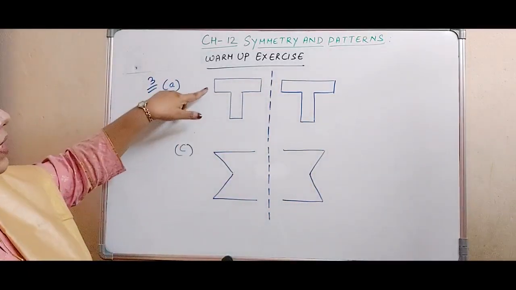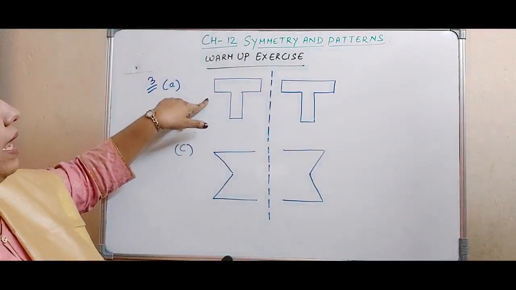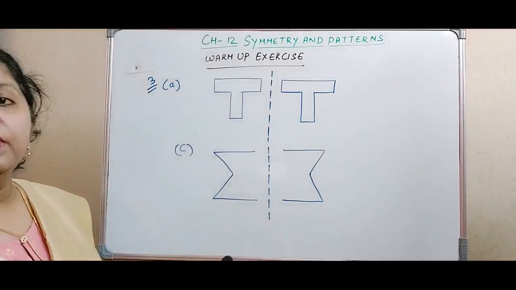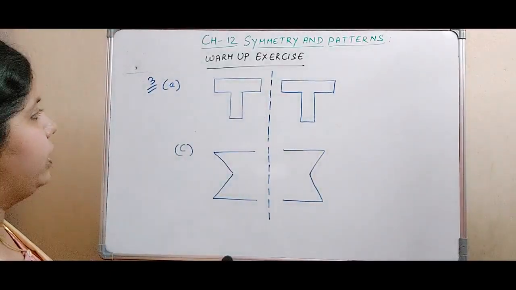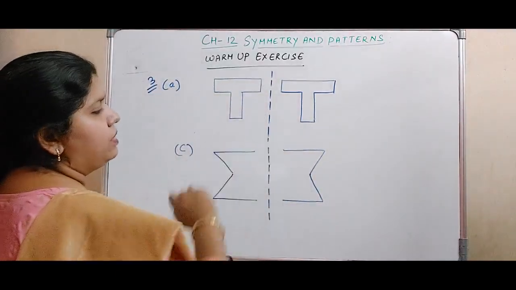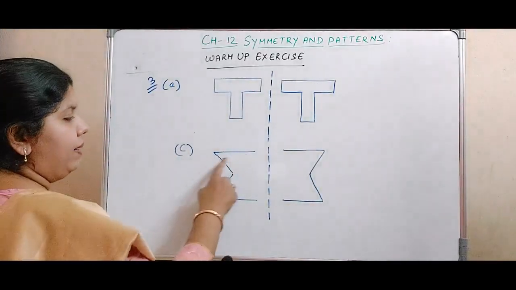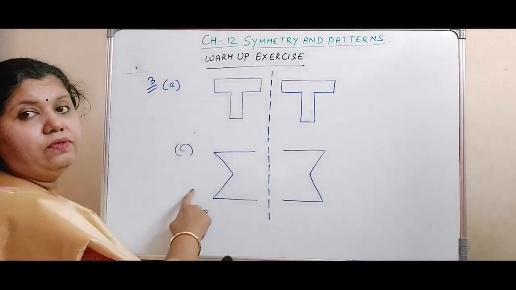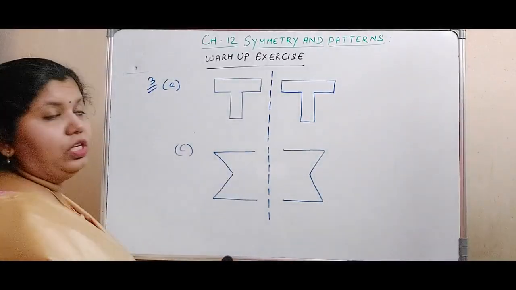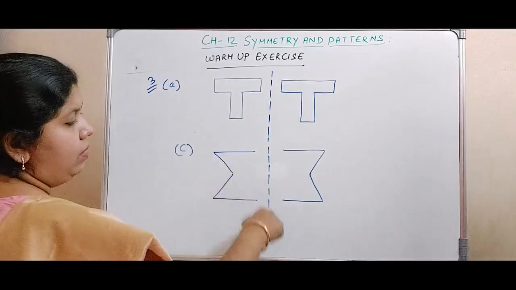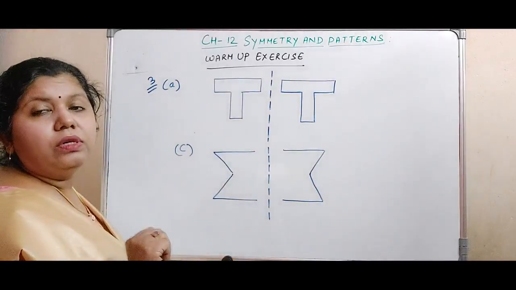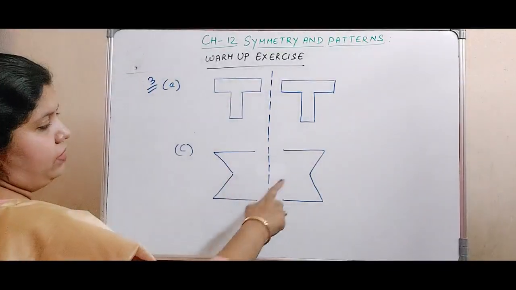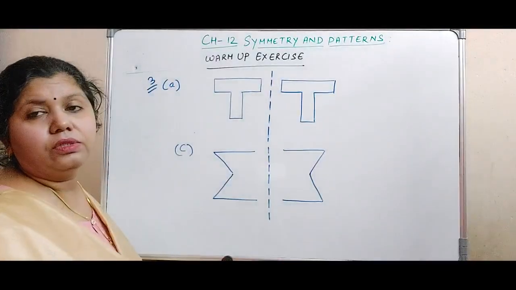Here also in letter T you can see it will have a vertical line of symmetry, which is again matching with the mirror line. So this is the reason we are going to get the identical shape. But in case of M, this shape will have a horizontal line of symmetry which is not matching with the mirror line. So because of which the shape will be different. This is pointing towards left and this is pointing towards right.